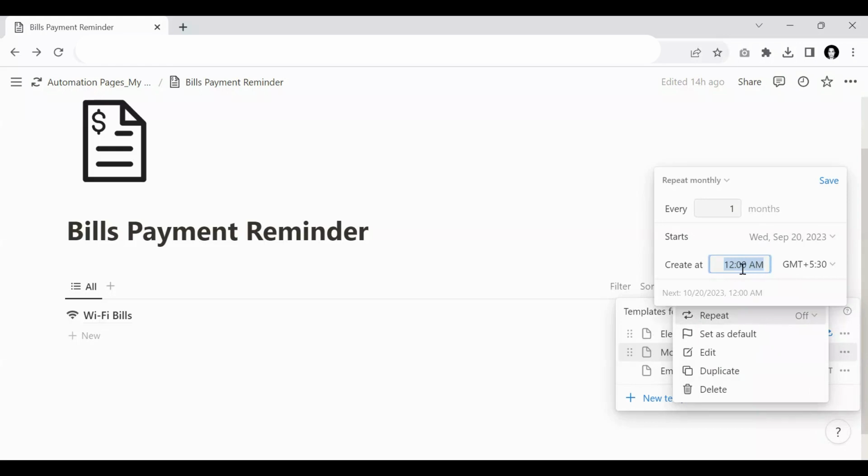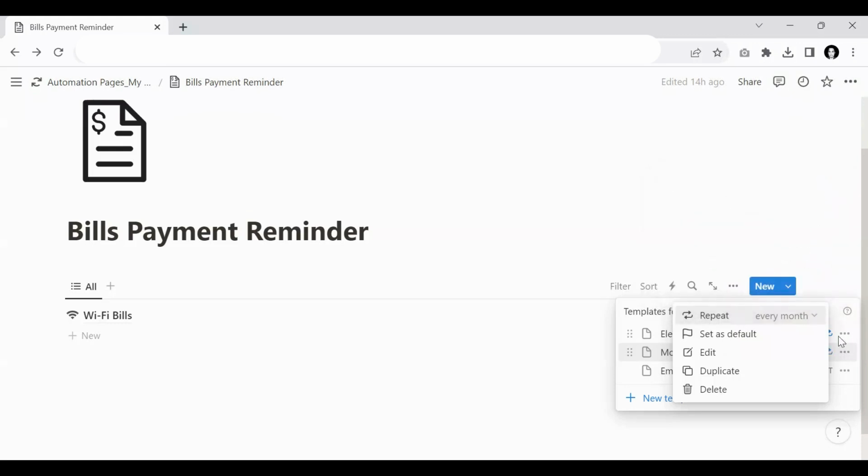So let's say I want to receive this notification at 11:55 on every 20th of every month. Okay, I'm going to click on save. Now this is going to repeat every month on the 20th and it's going to send you a notification at 11:55 on